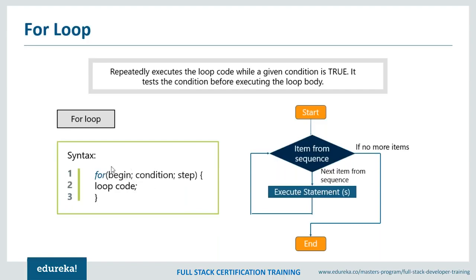Now let's look at the syntax for the for loop. This for loop has 3 statements within the parentheses. Begin is executed one time before the execution of this code. This condition defines a condition for executing this loop code. The next is the step. This is executed every time after the code block has been executed. So after this is executed, this is executed. So guys, I know this is sort of confusing. Let's practically do this. You'll understand it better.